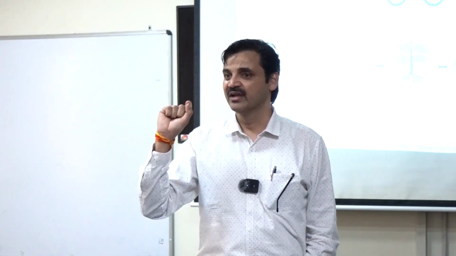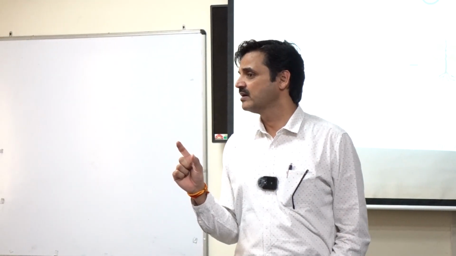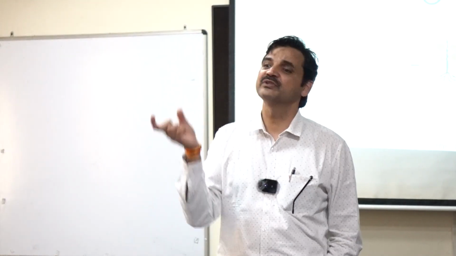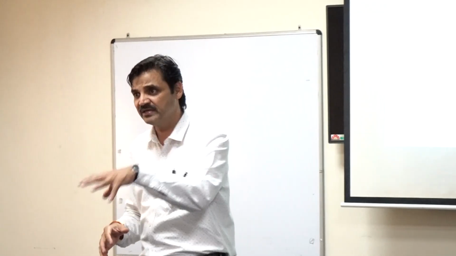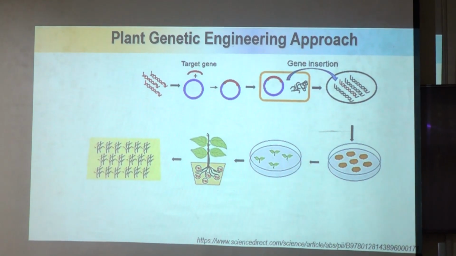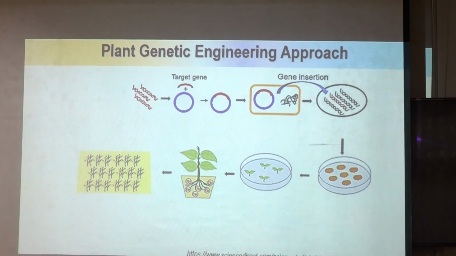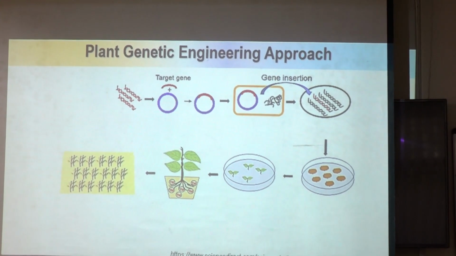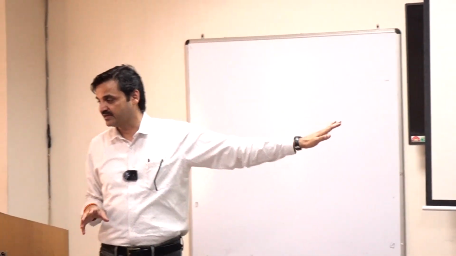Suppose you have a gene available that can give you resistance against rust fungi, and you need to put that gene into the plant, you can do that. Suppose you have a repressor, a gene that is stopping the plant from being resistant. There are certain factors, you can stop it, you can silence it. So you have genetic engineering approaches available, and this is a basic picture: you take a gene, clone it, and then use that clone to transfer the gene into the plant system. I'm not going in depth with typical words so that everyone can understand and take this information that this can happen.